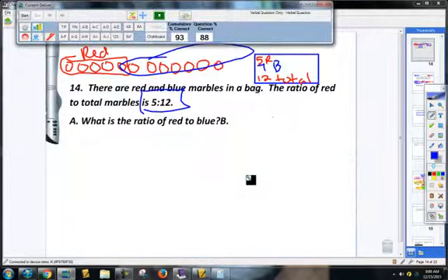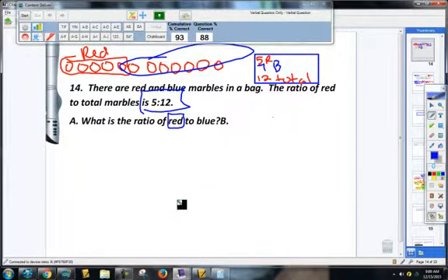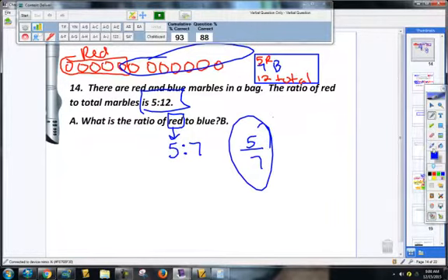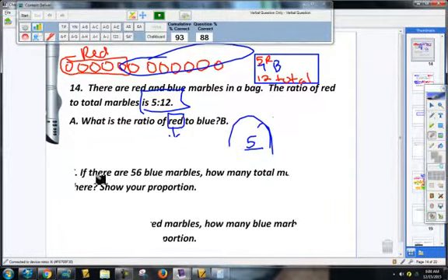You've got to be careful when you're doing these, guys. If it says red to blue and red comes first, then you have to put however many reds there are first. So 5 to 7, or as you guys will put in your clicker, in fraction form. Okay? So, now that we know that,